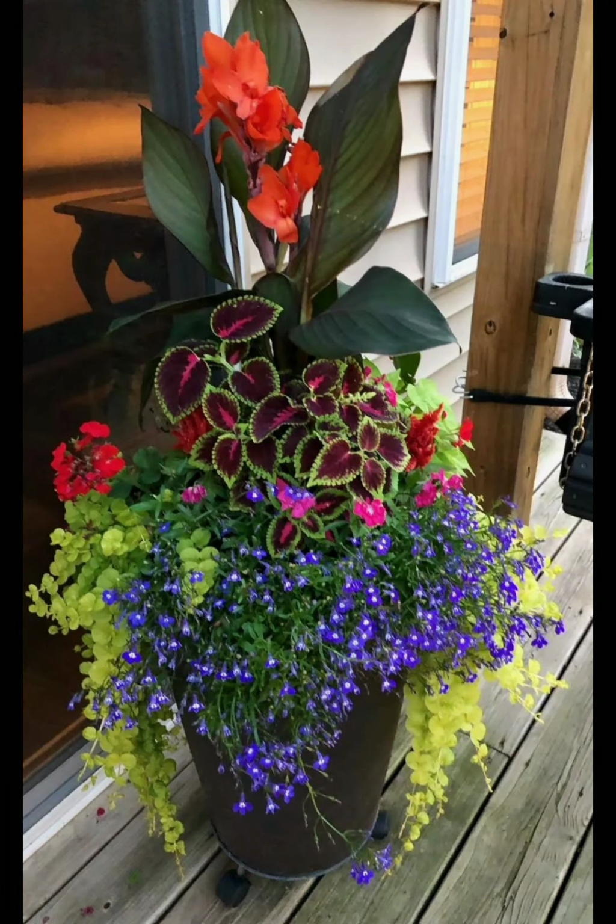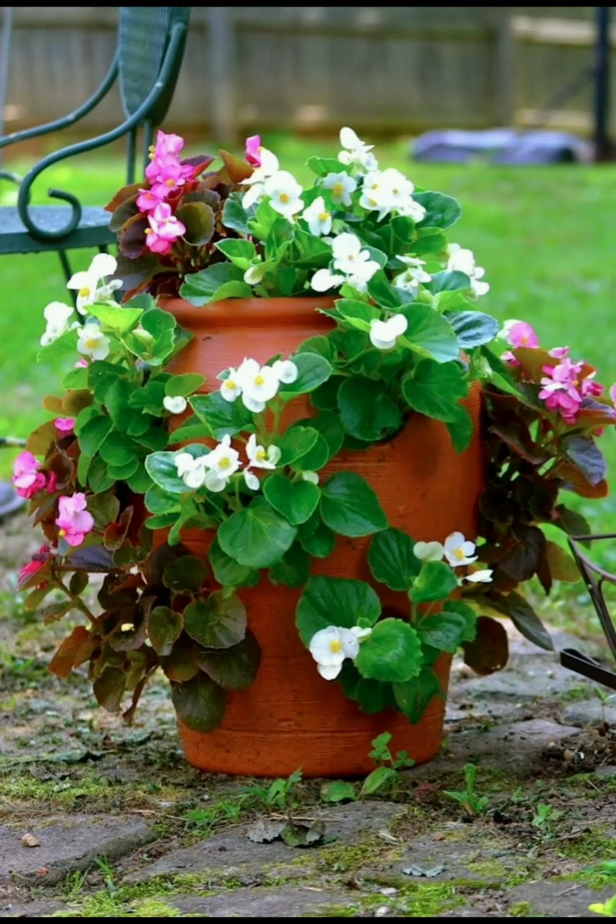Choose a variety of plants, including trees, shrubs,